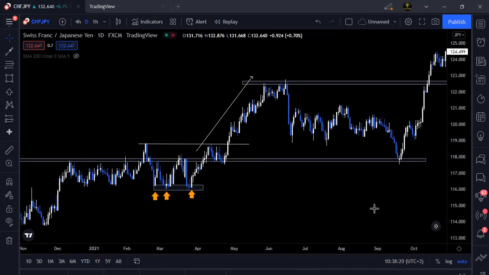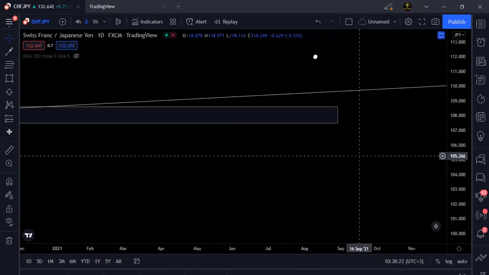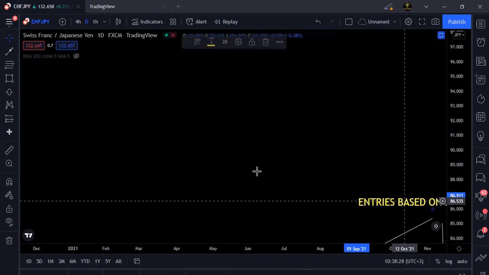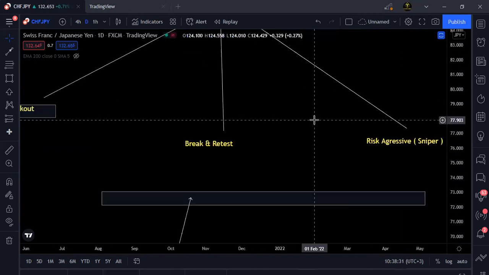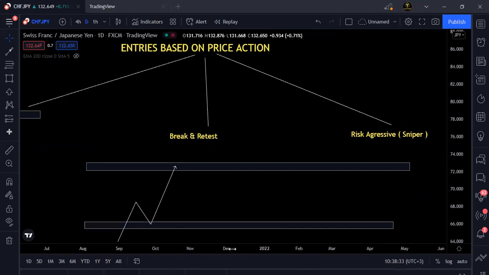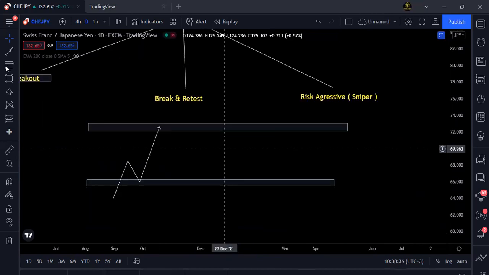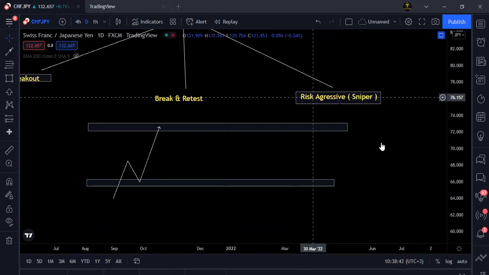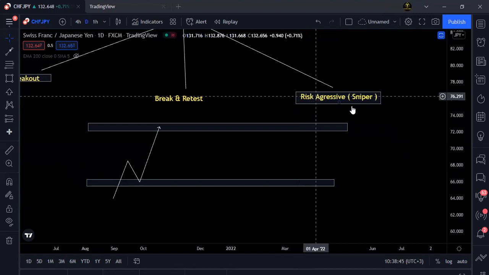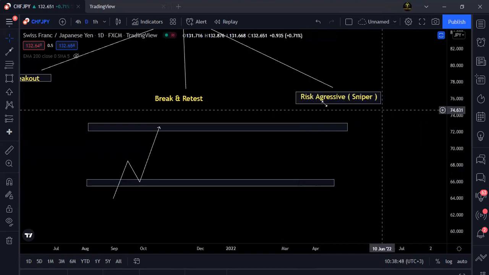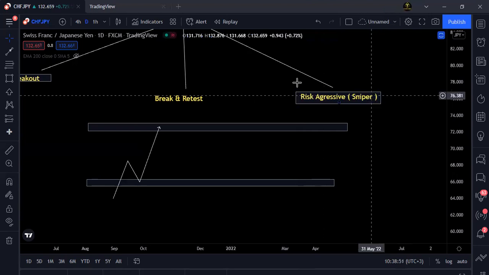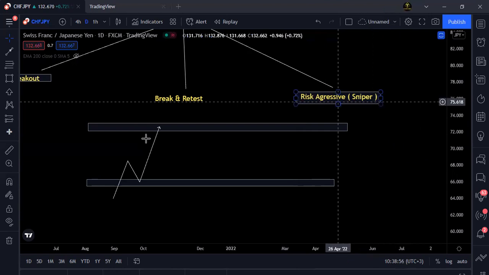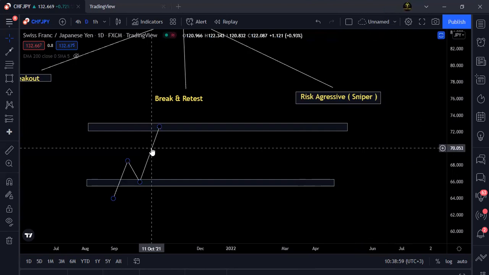Okay, now let's talk about the last price action entry strategy that people use and which people believe to be the best entry. That's what most people believe, right? Risk entry, aggressive entry, or people call it sniper entries. Okay, now with sniper entries, what people actually do is that